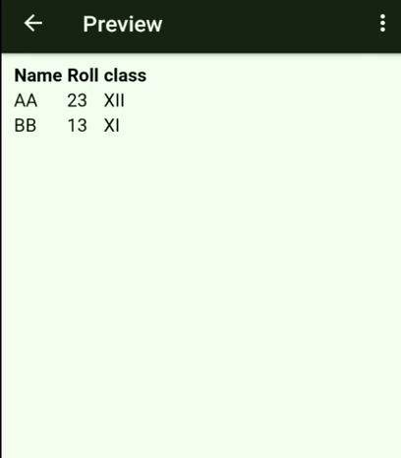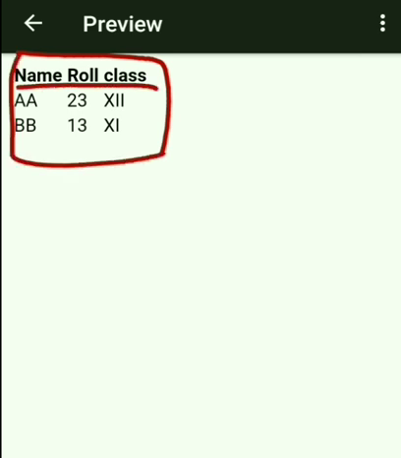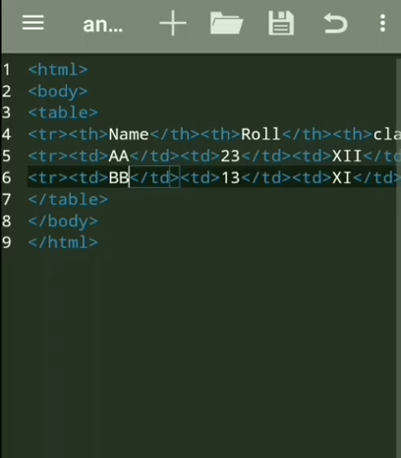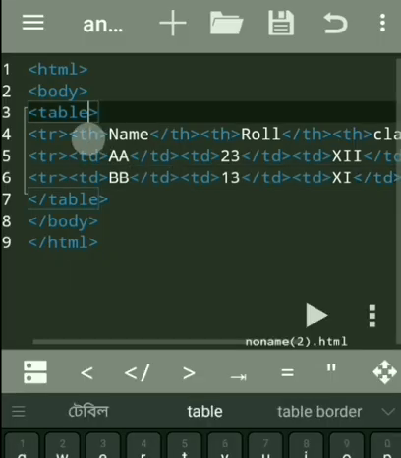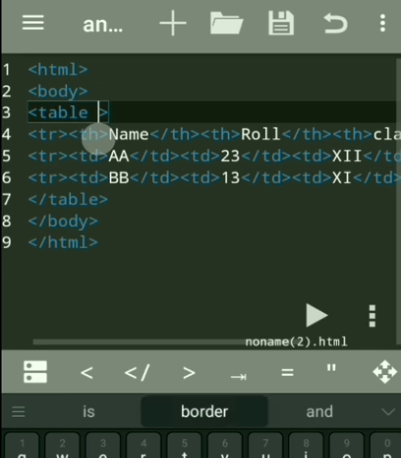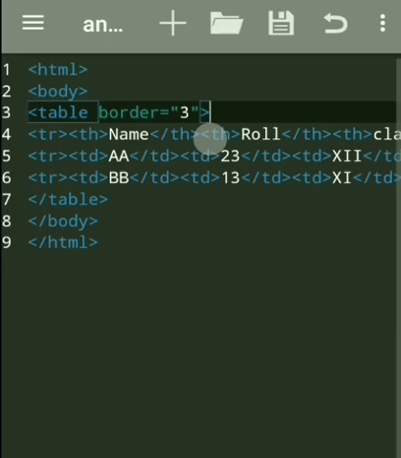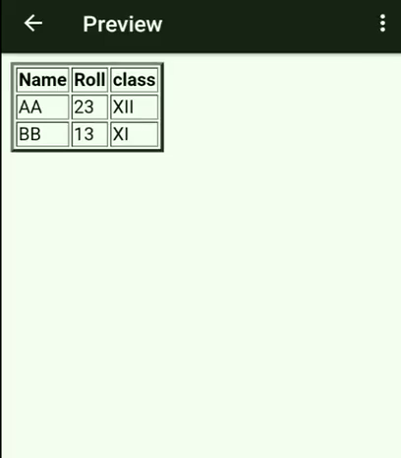You can see that every table should have some border, but in this table there is no border. So this is already a table format but without border. Let us see how we can give the border to this table. For table border we have to give 2 attributes of the table. One is border, which is a very essential attribute, so we should give border in every table. You see here, the border is displayed.